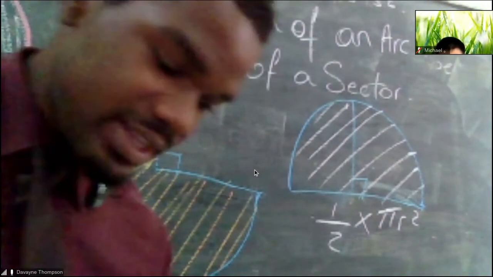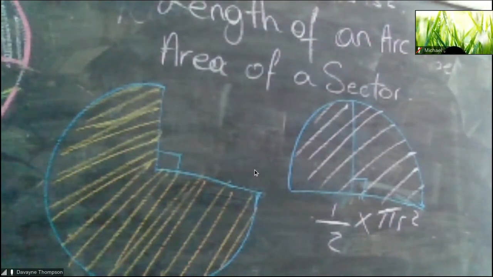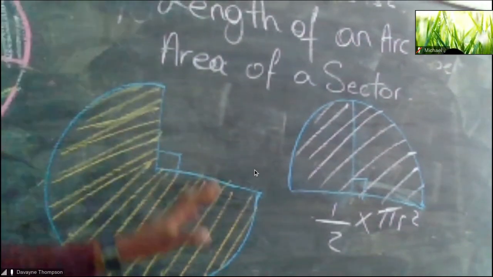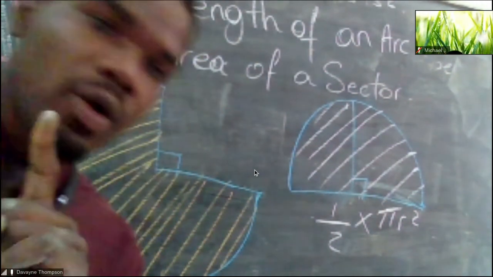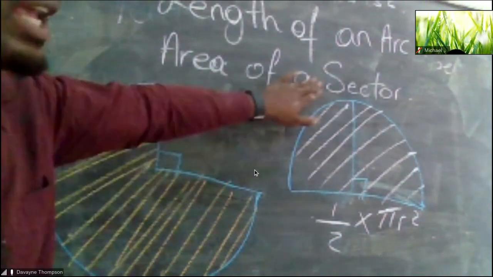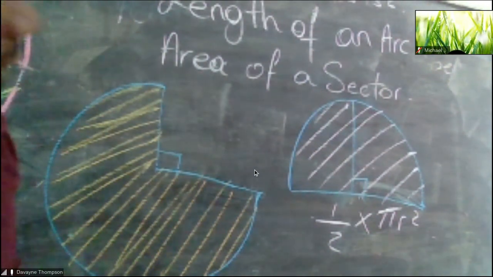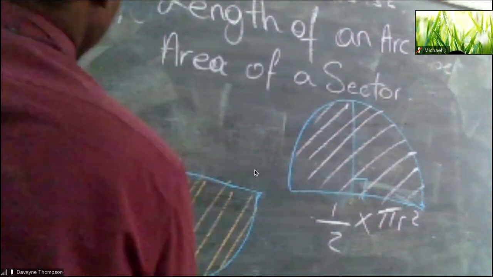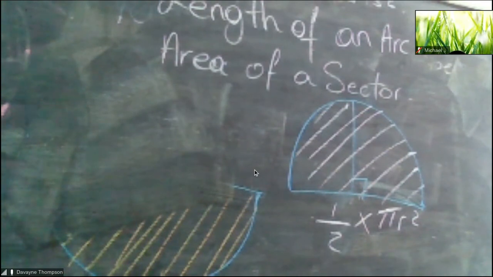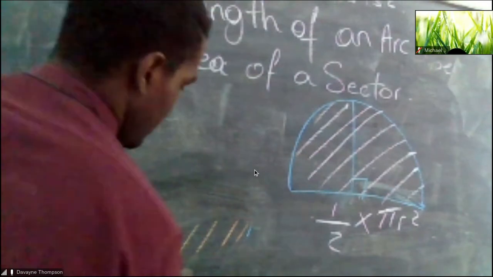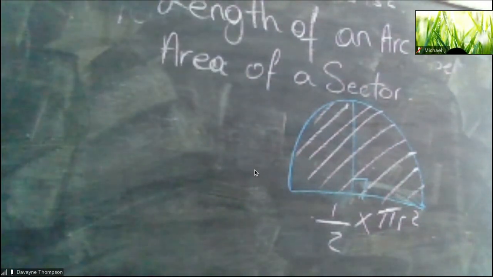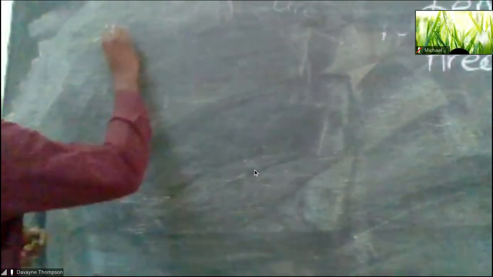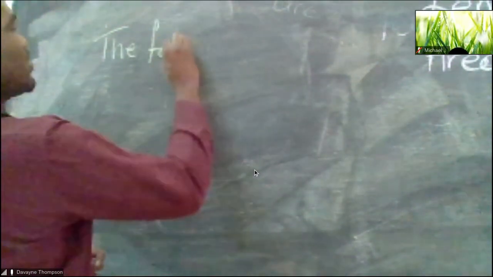Alright, so this is very easy. The next thing we're going to learn about is the length of an arc. But before we go there, we must write the formula for the area of a circle. So write this for me. The formula for the area of a sector, let me write it over here. The formula